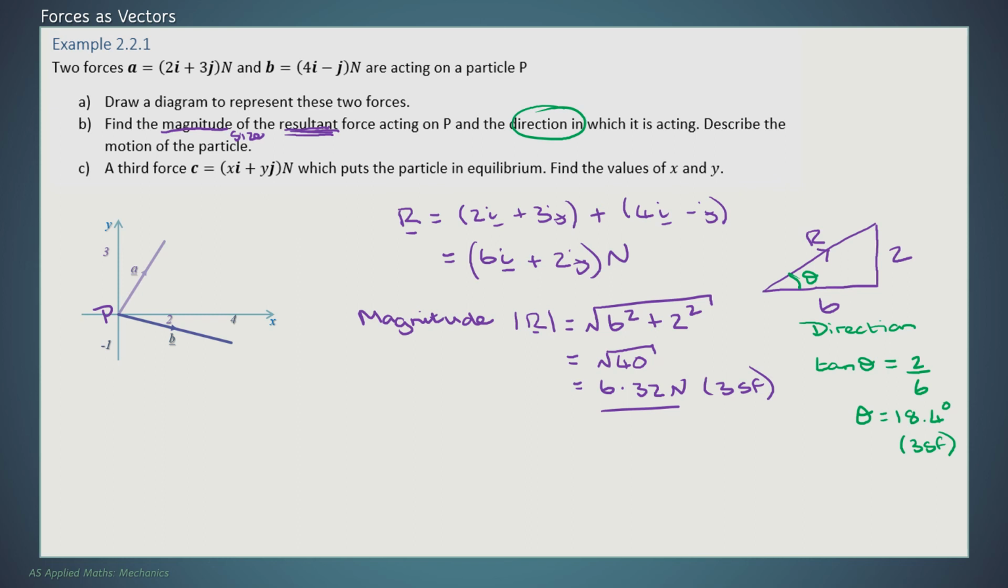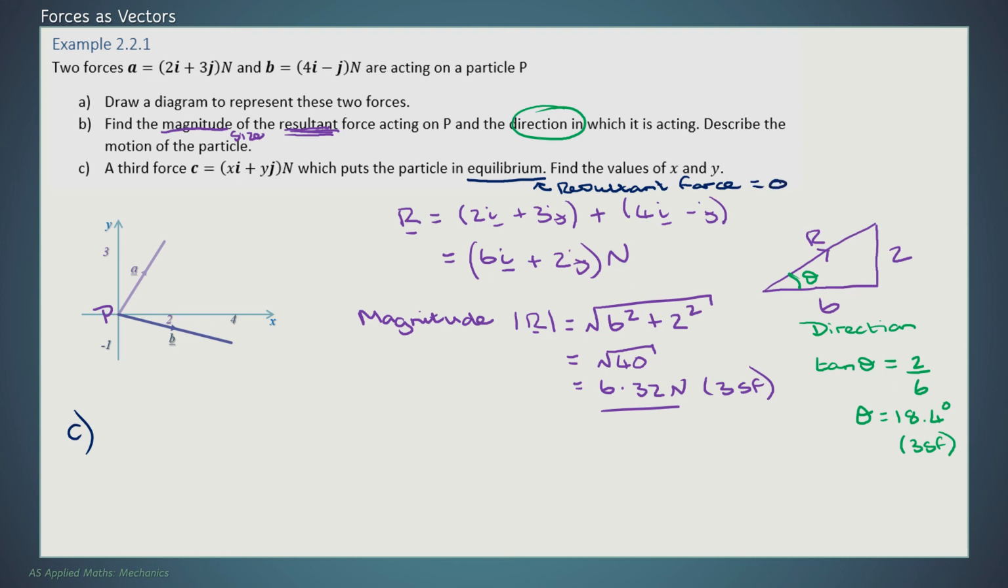So for part C, we are told a third force, xi plus yj, which puts the particle in equilibrium. Find the values of x and y. The resultant force is 0